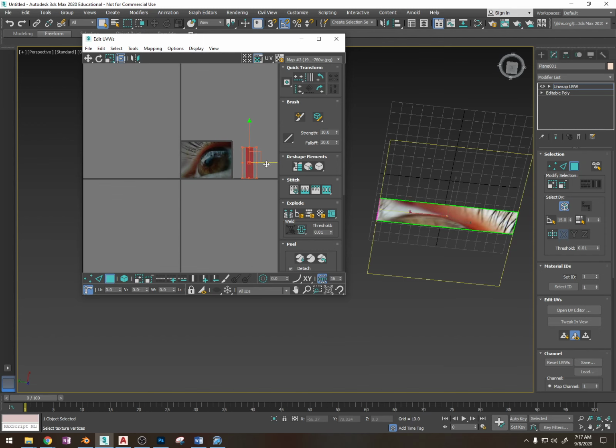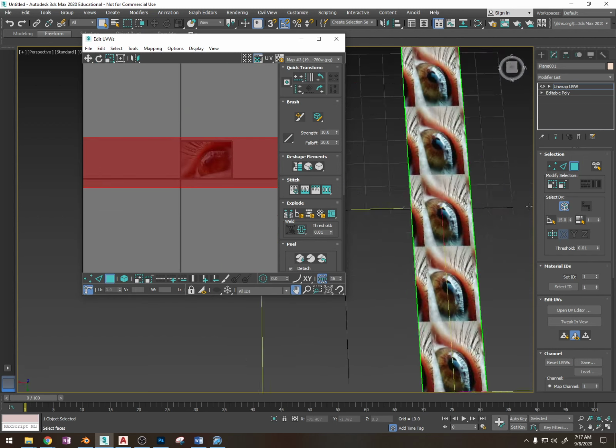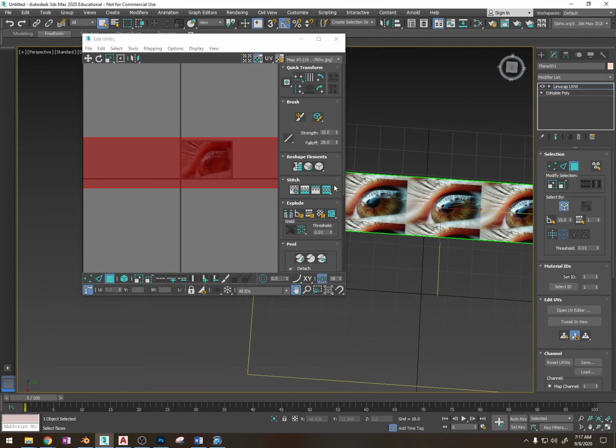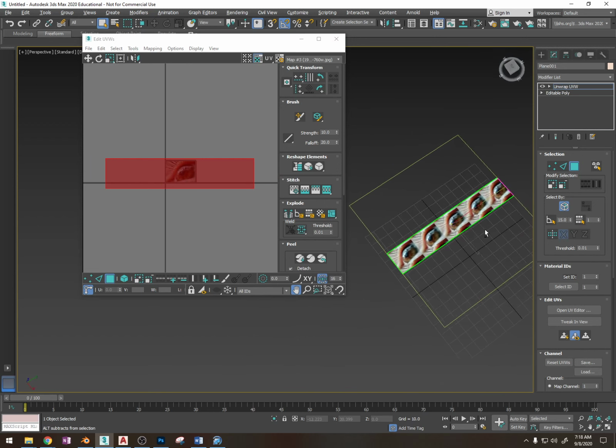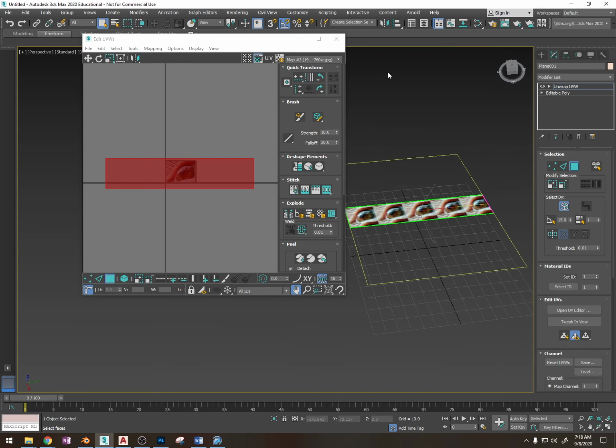Now I'm going to move it in, and I'll scale it. So now you can actually see what it is, and let's rotate it 90 degrees so it's easier to see what's going on down here. Okay. So that is how you add a material, adjust a material. Now notice when I click off of this